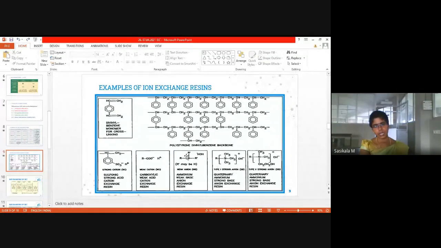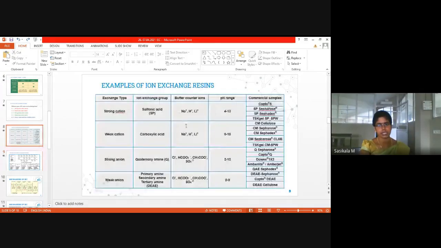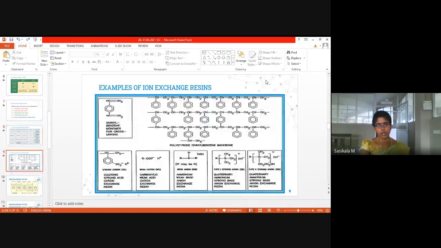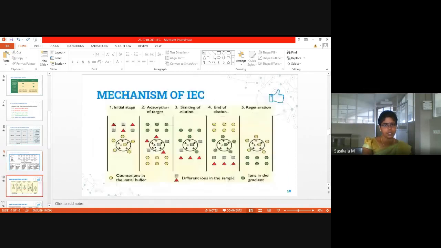Ion exchangers will be in liquid form. So it will be coated over the backbone, that is the support polymer, so that it acts as a liquid, and the mobile phase buffers are also acting as liquid, so that your molecule will be getting separated between these two phases, stationary and mobile phase, both being liquids. If stationary phase and mobile phase are both liquid, then it follows the partition principle.